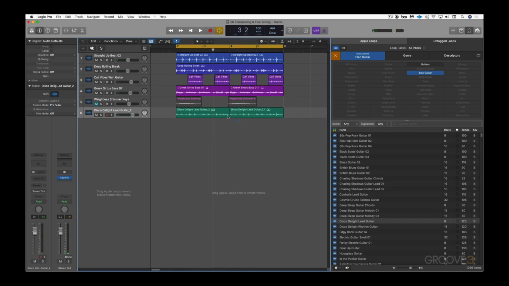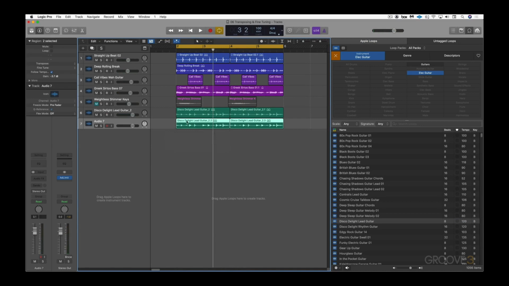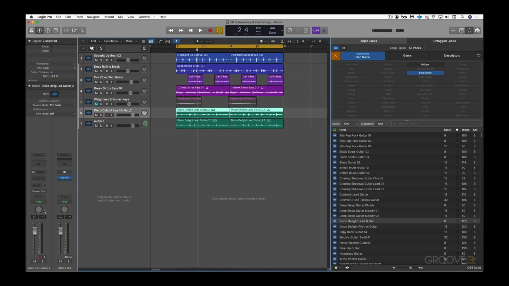Now I'm going to just take these both and option drag down to create a double track of it. So it's just going to sound louder right now. But what I'm going to do is hard pan them, and I'm going to select the fine-tune parameter to get a detuning so we can get a kind of stereo chorusing effect. So here it is again. It'll just be louder now. And I'm going to offset the fine-tuning. It's a fantastic way to get a nice stereoizing effect,